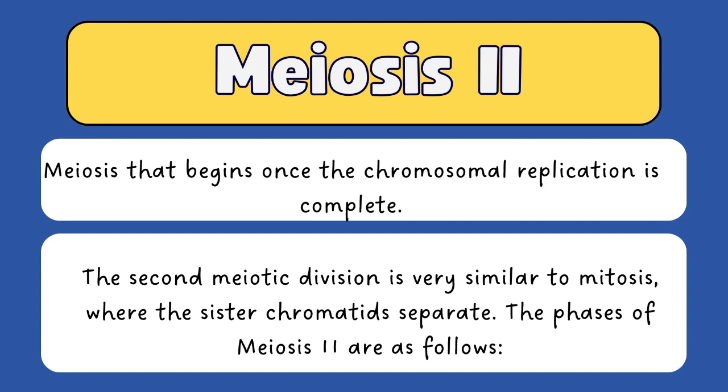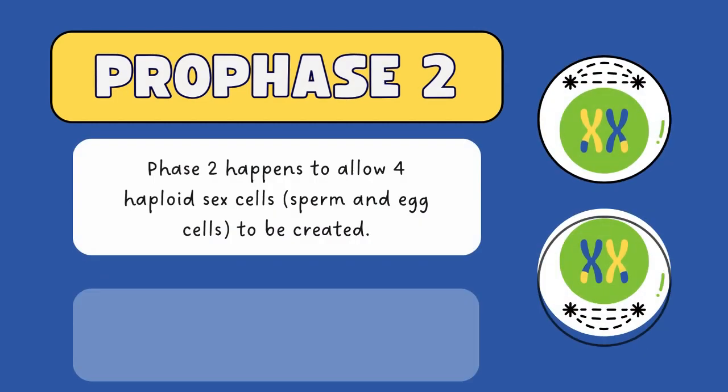Okay, moving on to the next stage of meiosis, which is meiosis 2, wherein DNA does not replicate in this stage. Meiosis 2 has one primary role, and that is to separate the sister chromatids that were produced in meiosis 1. There are 4 phases of meiosis 2, and these are prophase 2, metaphase 2, anaphase 2, and lastly telophase 2. But first, we will discuss prophase 2,